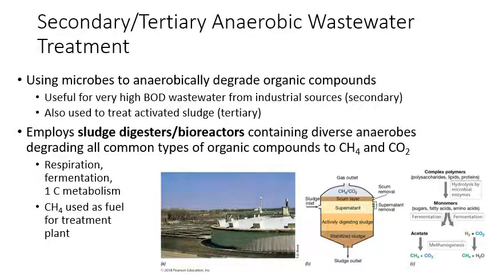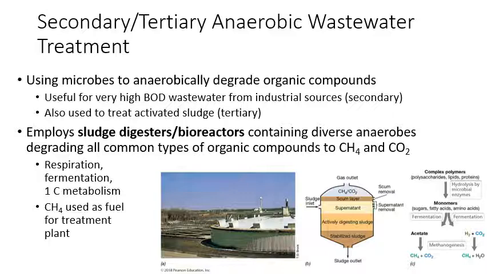After the secondary aerobic treatment process, you can go into a tertiary anaerobic wastewater treatment process, which would be like the anaerobic sludge digester. That type of process, the anaerobic sludge digester, could also be used as a secondary process if you're doing industrial wastewater treatment. So if you're using this treatment process of anaerobic sludge digestion after you've done the secondary aerobic wastewater treatment process where you formed activated sludge, in that case, that's a tertiary process because it's the third one